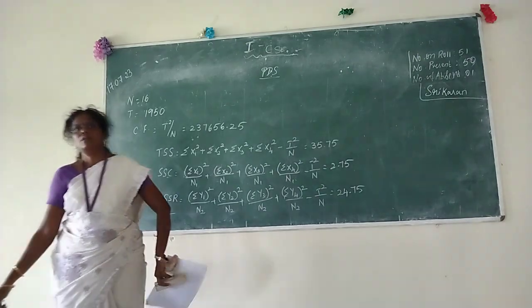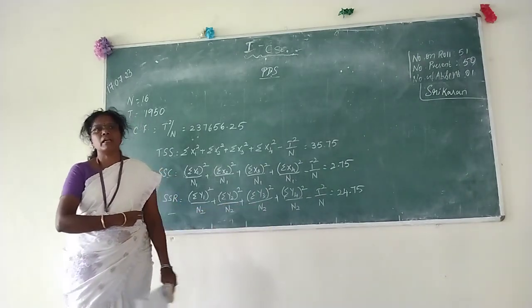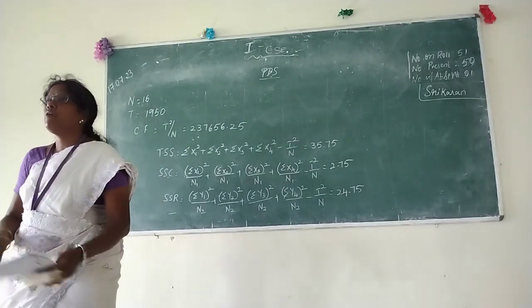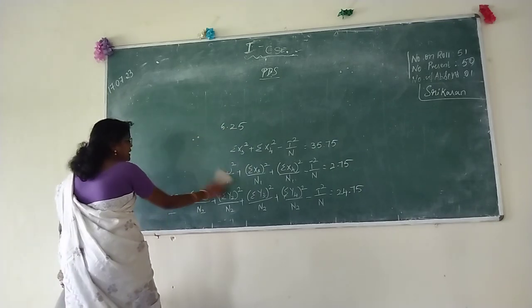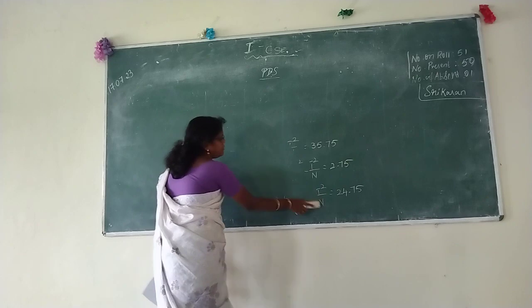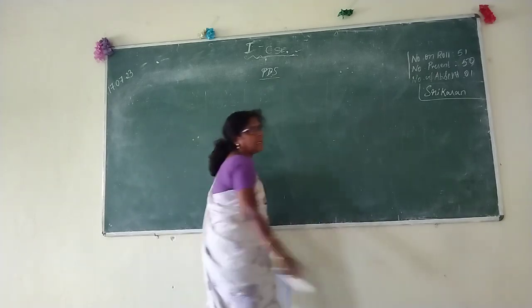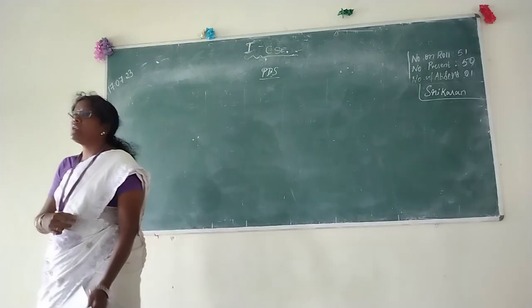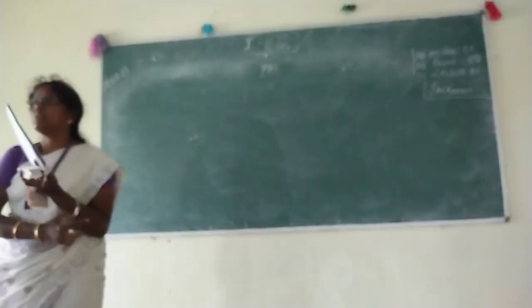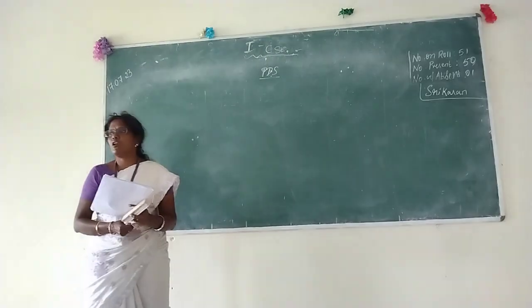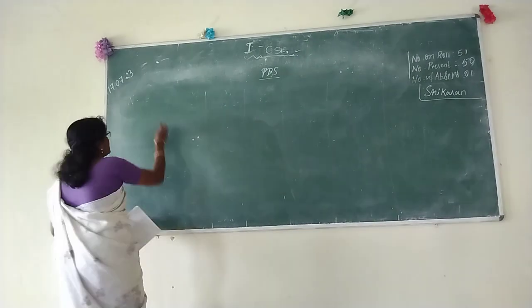So write next line. After this is the same as 2-way classification. So write next step. To find SSK, rearrange the data in the order of the treatments. So the treatments are given as P, Q, R, S. From the original question, collect all this data. Collect all the P values.